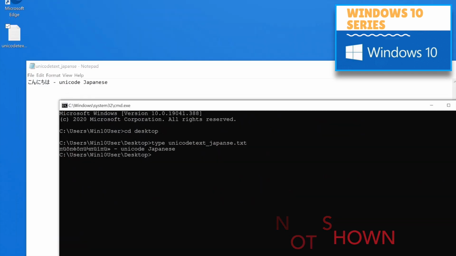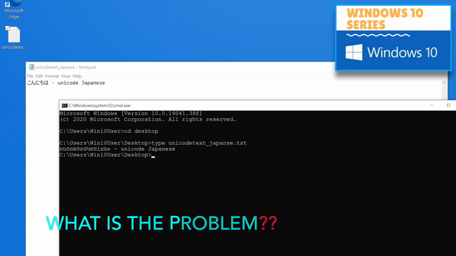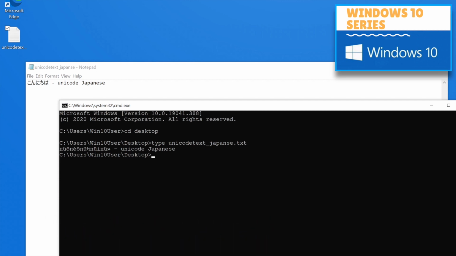So what is going on, what is the problem here? Why can this command prompt not display this text in Japanese? To understand this problem and the solution, I will explain how text is manipulated in a computer and how characters are represented. So let's go deeper.